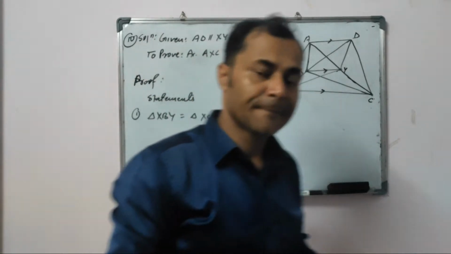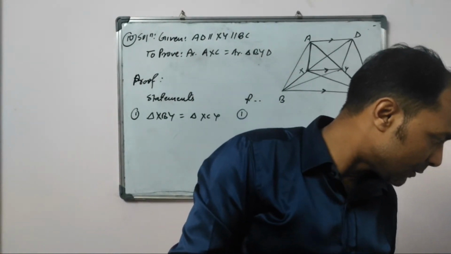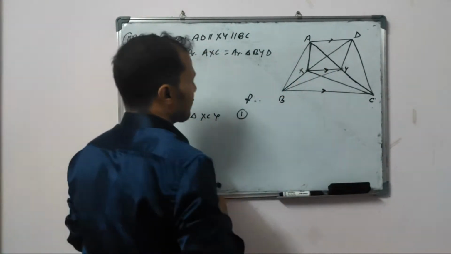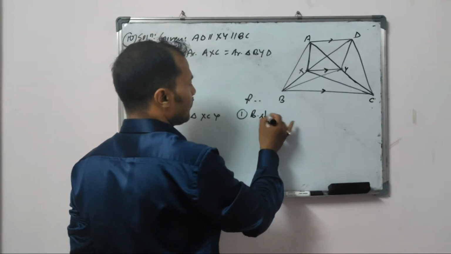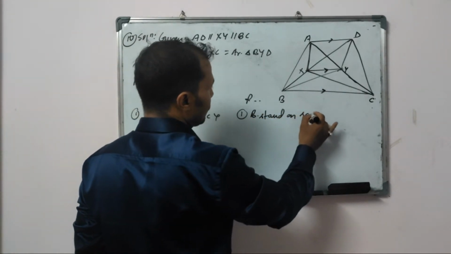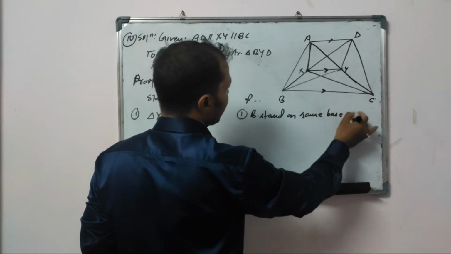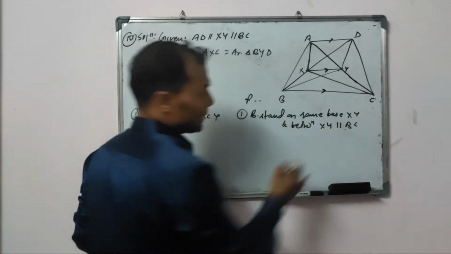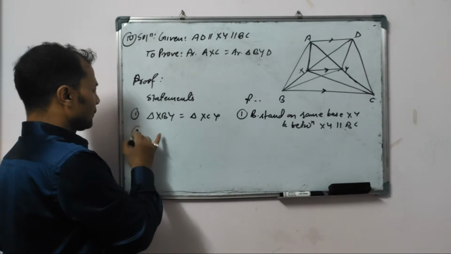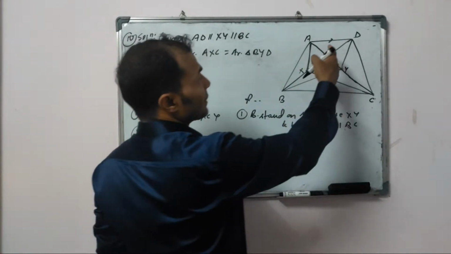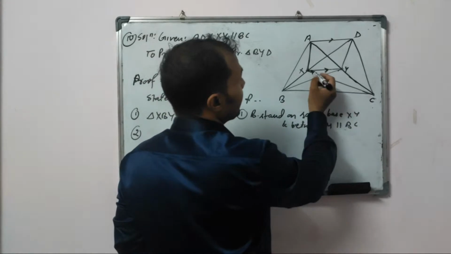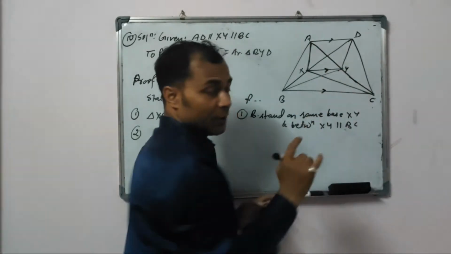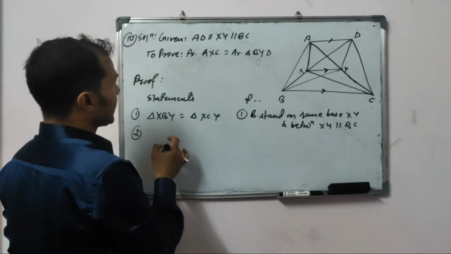What should be the region for this? Both of them stand on same base XY and between same parallel lines. Both stand on same base XY and between XY parallel BC. Number 2. Go back to the next two parallel lines. Now see these two. Again here, है यो base र यो parallel line छ भनेको, यो र triangle यो र अर्को triangle यो. Do you think they will be equal? Yes. So यसमा हामीले के गर्ने भन्दाखेरि